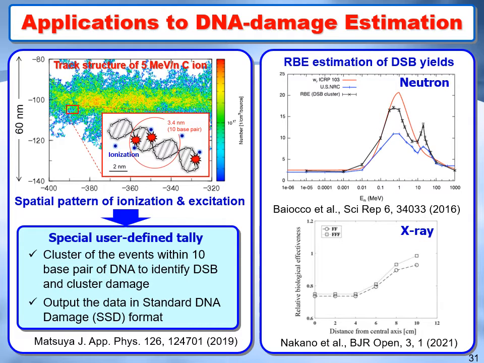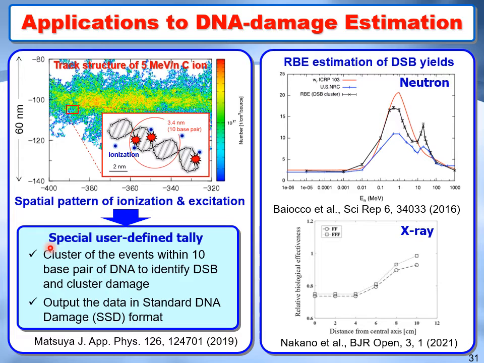The last application in this category is DNA damage estimation, which is important for both medical physics and radiation protection. Owing to the implementation of track structure mode, PHITS can determine the spatial patterns of each ionization and excitation in nanometer scale. Then, we developed a special user-defined tally for analyzing the cluster of the events within 10 base pair